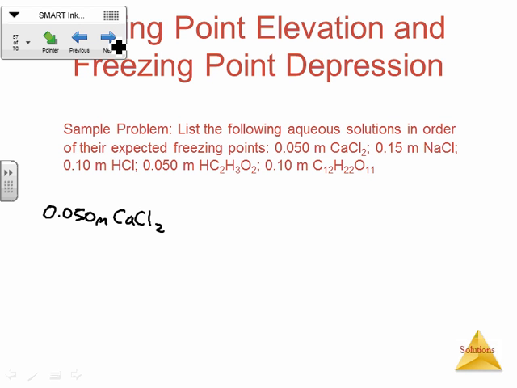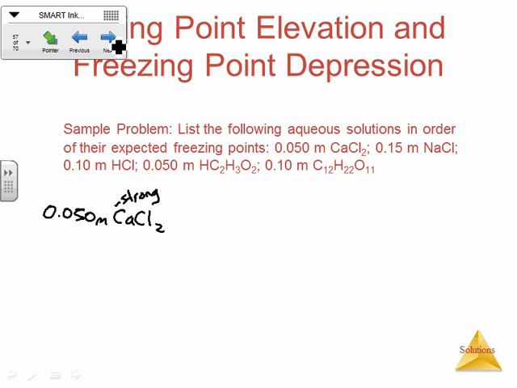Strong electrolyte, weak electrolyte, or non-electrolyte? You guys remember how to tell? Ionic compounds are always strong. Strong acids and strong bases are always strong. Okay? The only thing that's a weak electrolyte is a weak acid or a weak base. Alright, so what is this? CaCl2. It's an ionic compound, so it's a strong electrolyte, right? It's going to completely dissociate, completely split apart when you put it into water. Okay? So CaCl2 is strong,